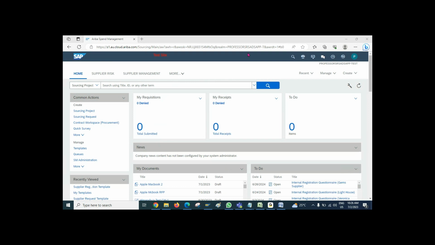You can see my screen. I logged into my SAP Ariba system, and you can see I'm not using any kind of third-party system here. This is purely browser based. I logged in on my Microsoft Edge browser with the help of the internet, using my customer-specific URL and customer-specific credentials. I have entered, and we can see I'm able to work in SAP Ariba now. So this is a completely browser-based solution. If you talk about browser-based, you can call it a digital platform, an online solution, an on-demand solution, a cloud solution, whatever you want to say.